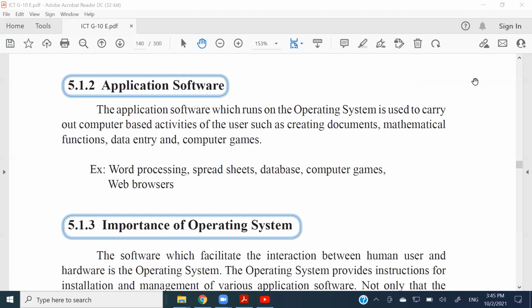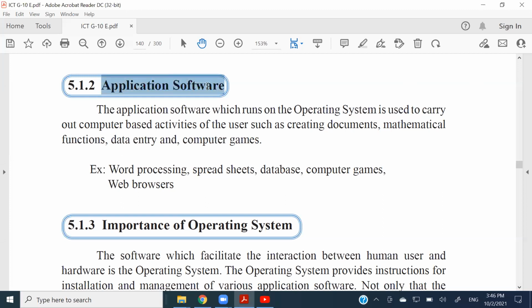The softwares that we use to make our day-to-day life easier are all considered application softwares, right? So the basic thing you need to understand is that to run application softwares, an operating system is a must. Without the operating system, you won't be able to run any application softwares, right? So let's quickly go through that.